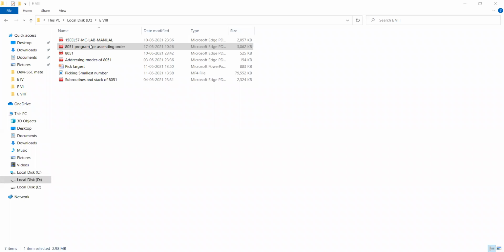For this, whatever the larger value, compare 4 and 3 first. After comparing, which one is larger? 4 is larger. That 4 you keep at the bottom, 3 at the top. Suppose in this location it is already larger, there is no need to change the data. The top one is the larger one, that you keep here. So that is the condition.